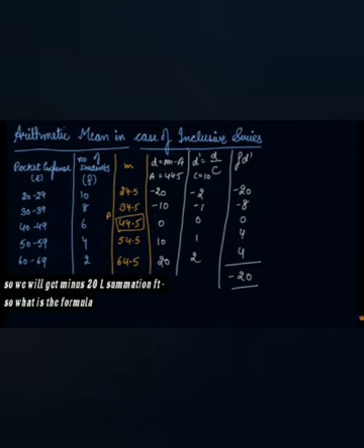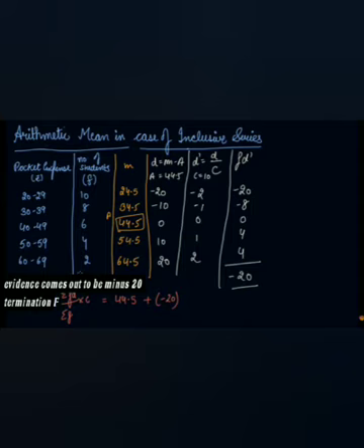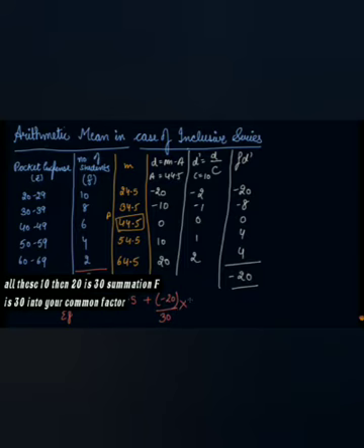So what was the formula? The formula to calculate x bar was assumed mean plus summation fd dash divided by summation f into the common factor. So the assumed mean you have taken is 44.5 plus your summation fd dash comes out to be minus 20. Summation f is the sum of all these: 10, then 20, then 30. So summation f is 30 into your common factor, which was 10.